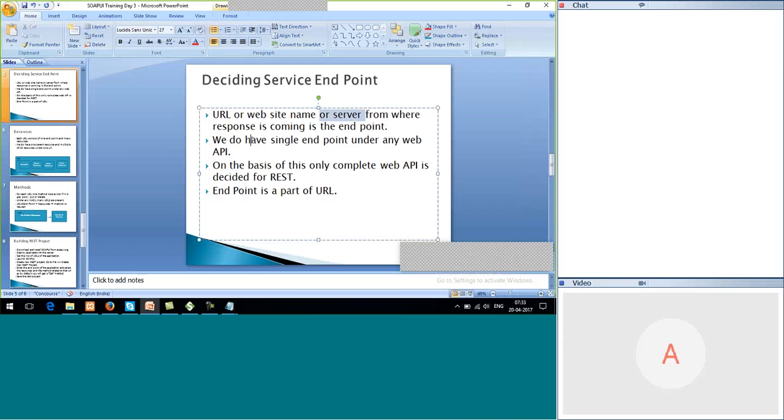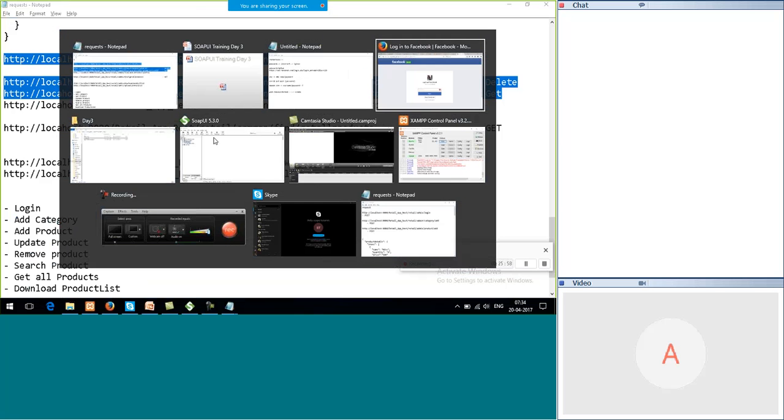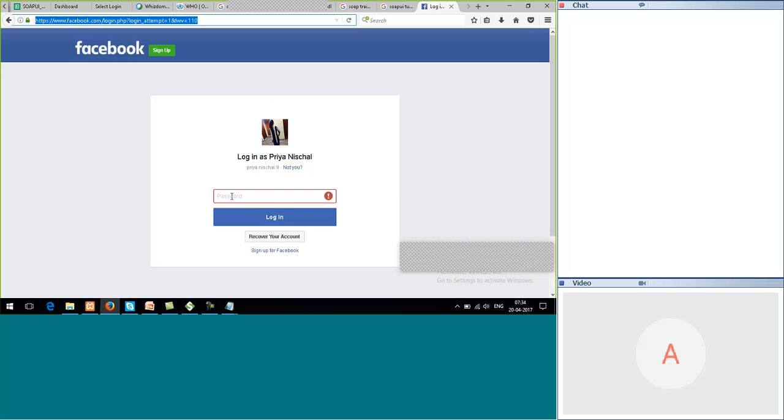We do have a single endpoint under any web API. If I'm talking about any application, then only a single endpoint is there. We can't have multiple endpoints for one web service or one web API, or it's also related to one website. Okay. So if I come back to the Facebook account and enter the username and password,